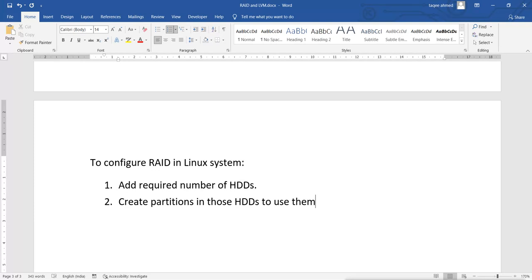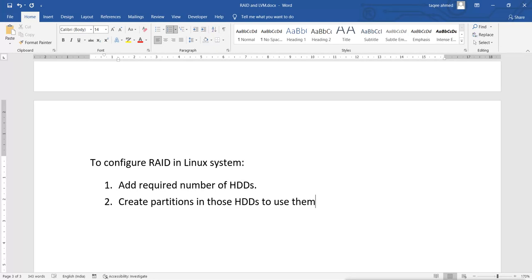That means if you are using one disk as 1 TB, the second disk you cannot use as 2 TB. All your disks must be the same size. If you use one disk 1 TB and the other disk 2 TB, then from the other disk you cannot use the other TB. You can use only 1 TB for the RAID partition. So for creating the RAID partition, you need all partitions of equal size. That means all disks of equal size.